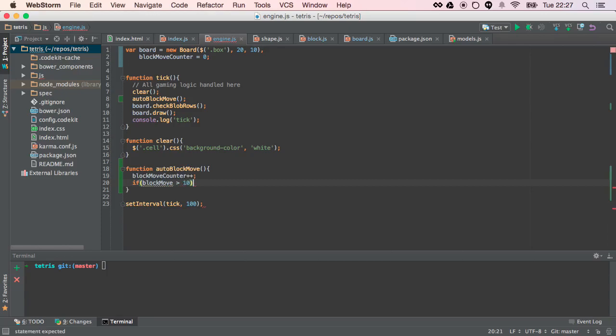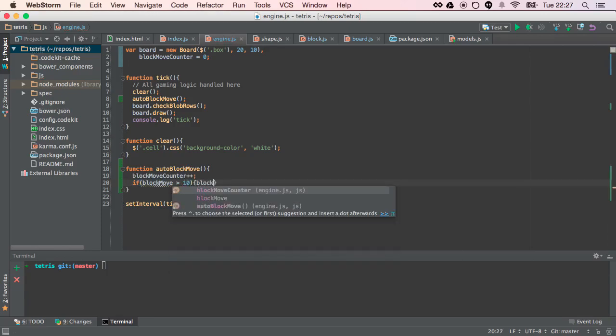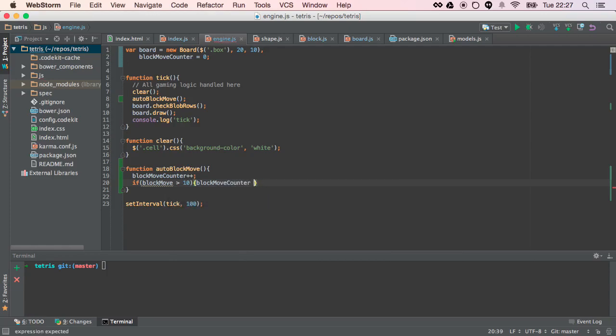So if it's greater than 10, then we want to set it back to 0. Block move counter equals 0, as well as